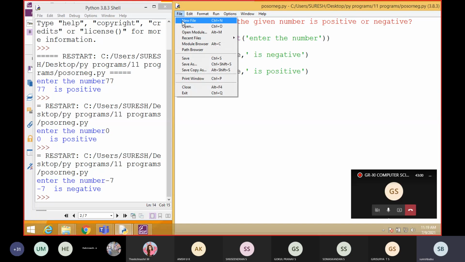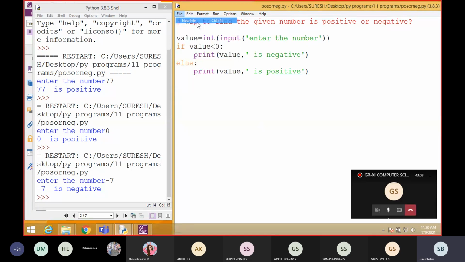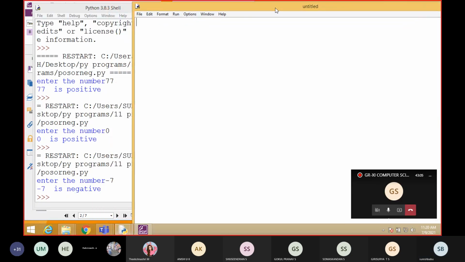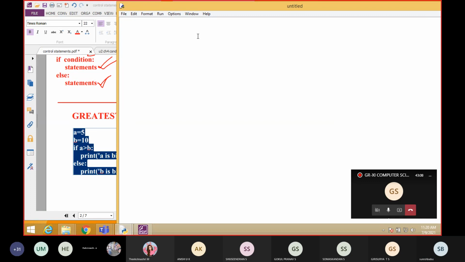The next thing, I am going to explain the basic thing, what is happening in the if part and the else part. Whatever value you are giving, a equal to 5, b equal to 0.